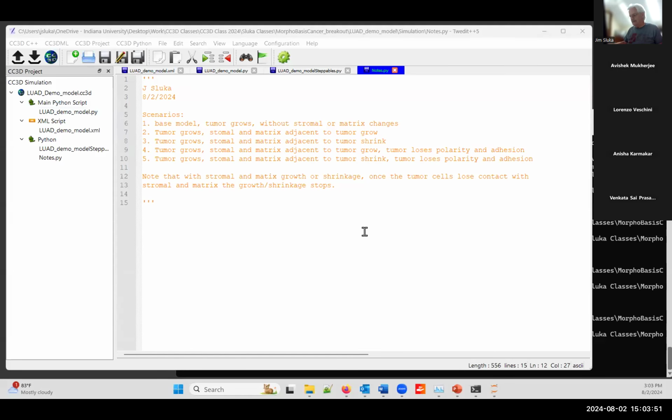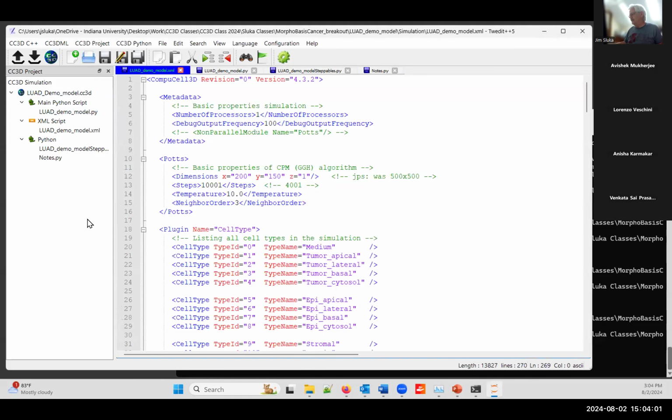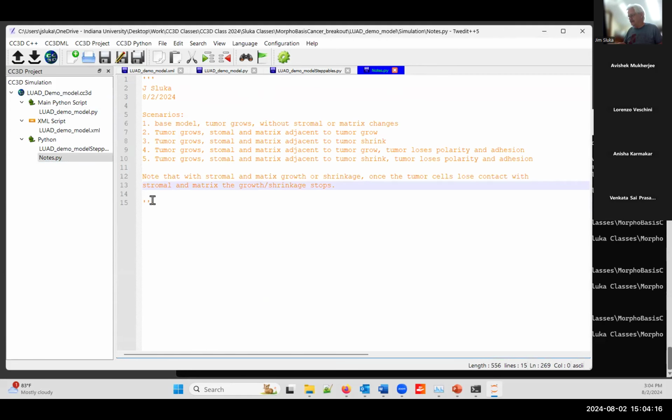So hopefully now you can see my cursor. And I have Twedit open and the command window behind it. So this is the LUAD demo. One of the things I wanted to demonstrate was you can add other files into the workspace. And so I have added another file called notes, and it's a Python formatted file, and all it has in it is just comments. You can add a file by just coming over here into the